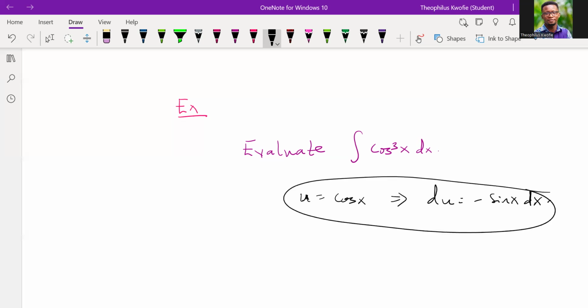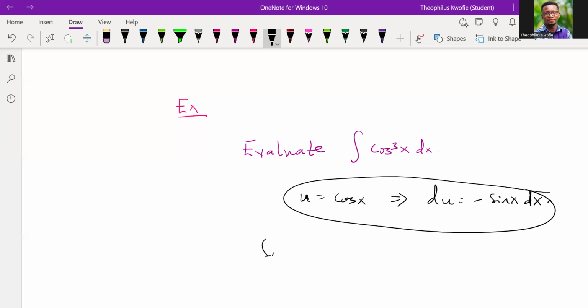So what we are going to do is that we would need an extra sine factor to solve this problem. Similarly, a power of sine would also require an extra cosine factor. Thus, here we can separate one cosine factor, and then convert the remaining cosine squared factor to an expression involving sine using the identity sine squared